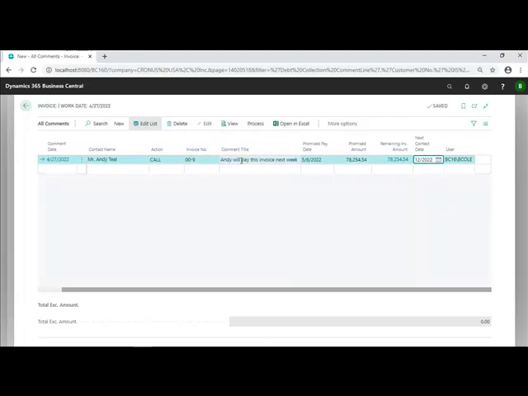On the other hand, maybe you don't believe Andy. And Andy has made promises before and hasn't kept them. So what you want to do is make the next contact date the same day as the date he promised to make the payment, so that you can call him up and say, Andy, did you issue the payment? So how you use the next contact date is up to you. It fills in automatically, but you can and should change it to suit the situation. And that is it. So then you simply leave the screen,